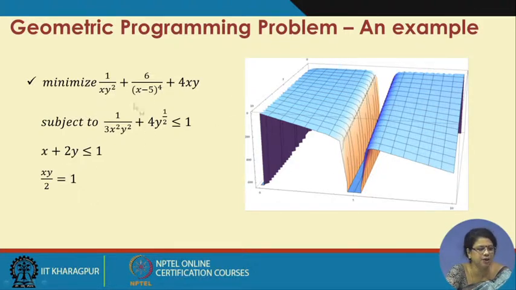If we just look at the objective function, the function is discontinuous at different points: at y equal to 0, at x equal to 0, at x equal to 5, everywhere. The function is discontinuous. That is why whatever classical technique we have, the differentiation technique etc., will not work here. For geometric programming, there is a series of